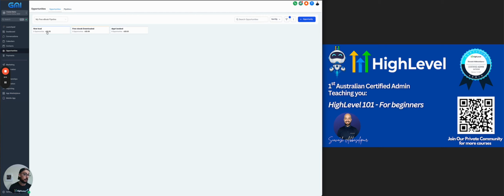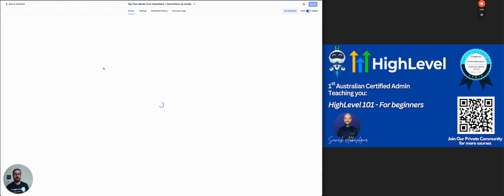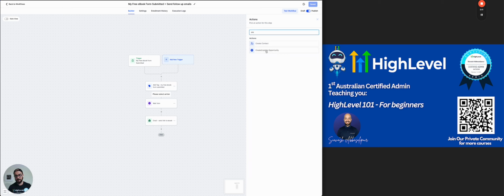Okay, now how are we going to do the automation so these things move automatically? I'll hop into Automations. You see we already have a workflow that sends a follow-up when someone signs up for the free ebook. So I'm going to click on this and add another action. When someone submits the ebook, we are tagging them, and then I'm going to create an opportunity,